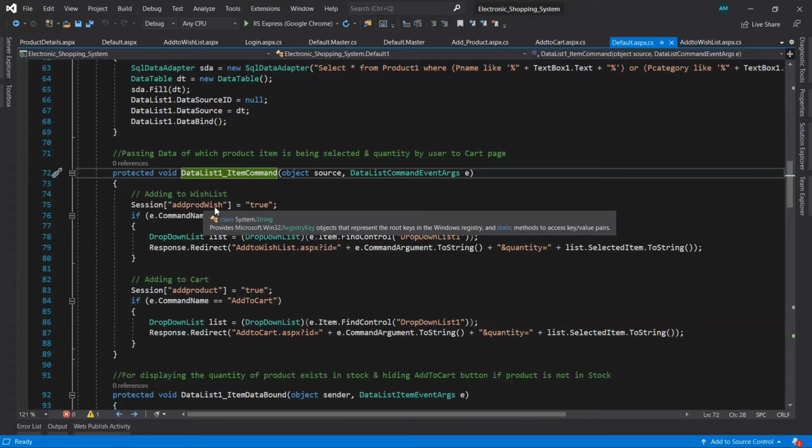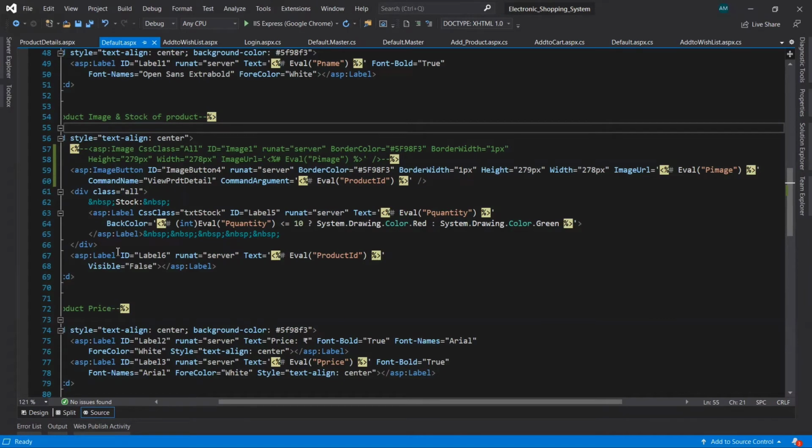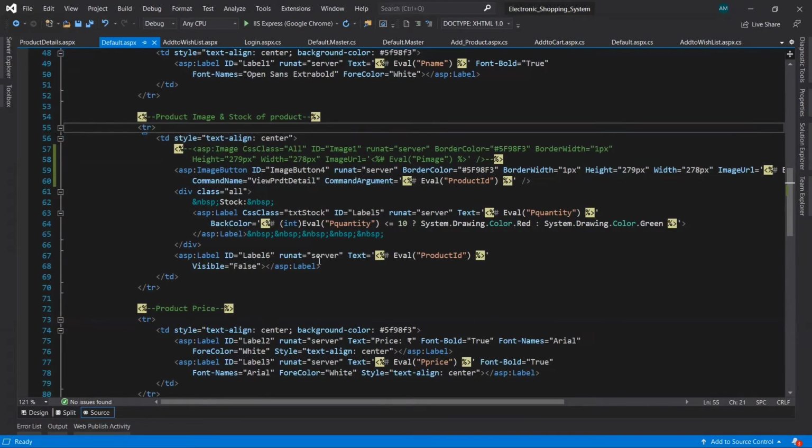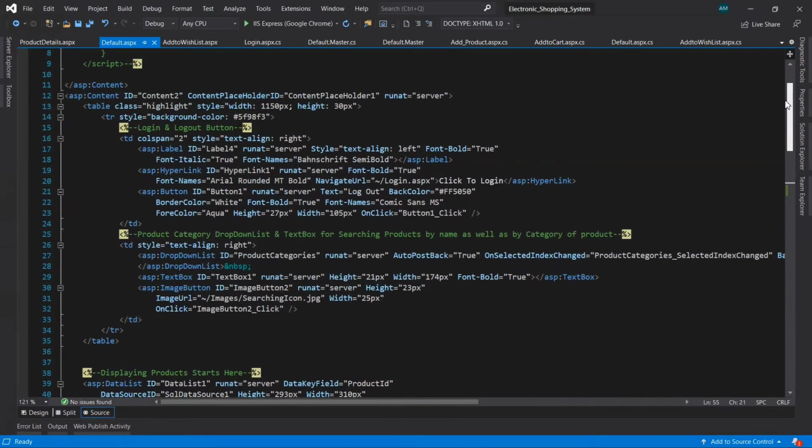Why data list item command? Because we have used a data list for displaying the images, all the products, inside the data list. So that's why in the data list item command, we have to place that code.